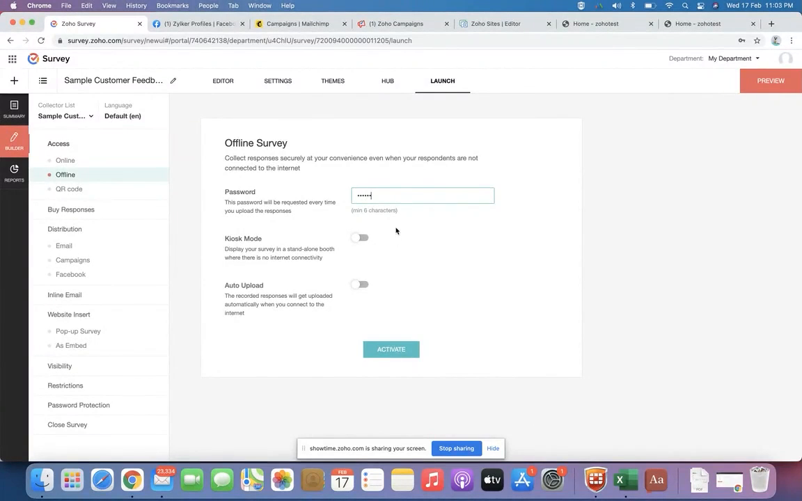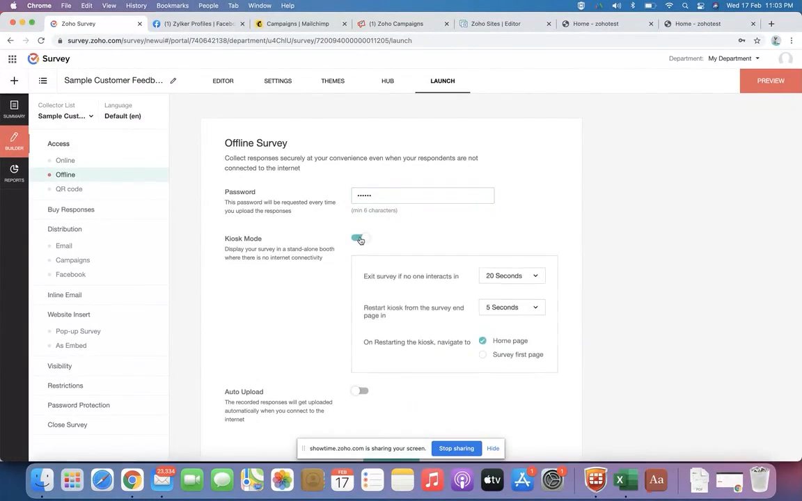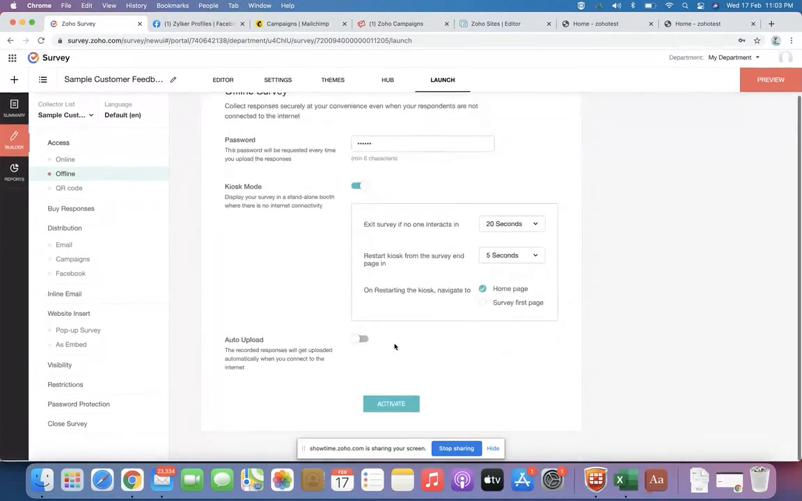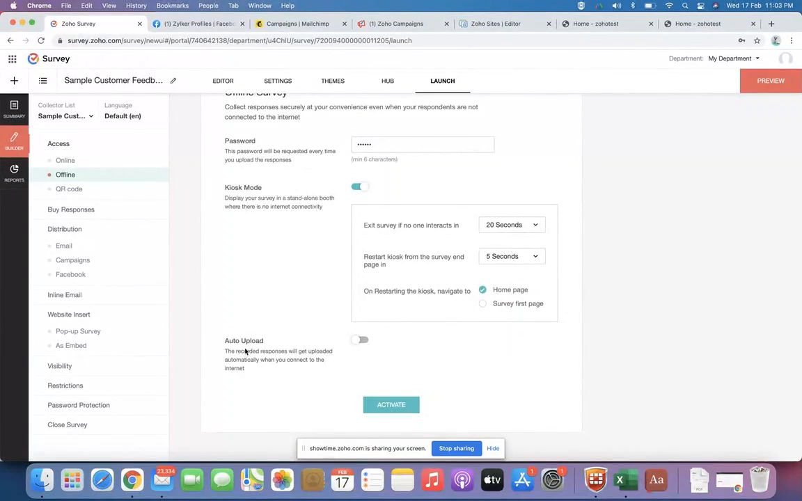And if you want to have a kiosk mode, which is nothing but if you want the survey to be restarted if no one interacts, or if you want to restart the survey form after someone completed the survey, you can have the kiosk mode where you can set up the time duration when you'd like to restart the survey form, and you can click on activate, and there would be an auto upload option. So if you enable this option, whenever you have an internet connection, the collected responses would be directly uploaded into the database without any manual process. So for now, I will click on activate,